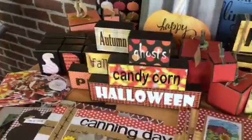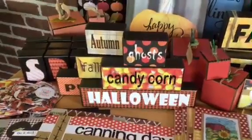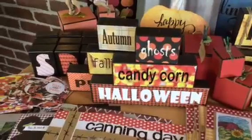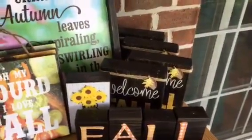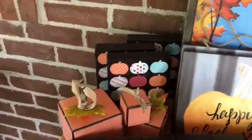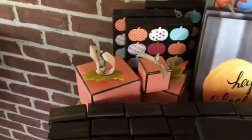3 stacked reversible block sets, and there are a lot of blocks and signs that have already been sold or are still in the process of being made, so the number of them on the table may not jive with the totals I'm giving you. We got 4 of those Welcome Fall square blocks, 9 of these blocks with different colored pattern pumpkins, 10 little cube pumpkins,